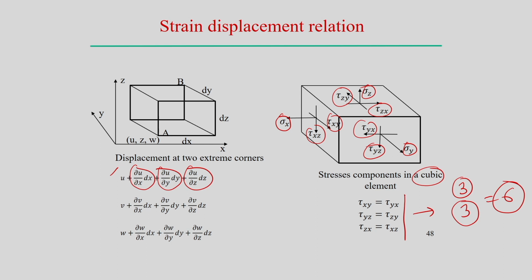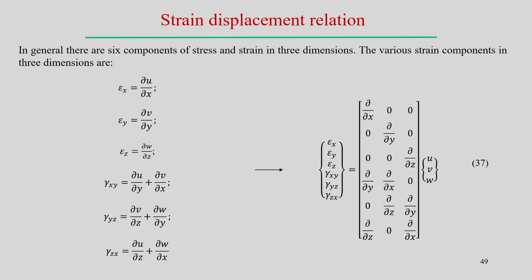In the case of three dimensional analysis, we have already shown how these 6 components come into the stress analysis part. Now, look at the other aspect. Here you can see the general expression relating the 6 components of stress and strain in the 3 dimensional form. We know that for small deformation, the small strain